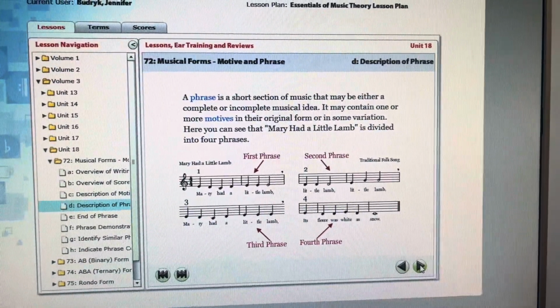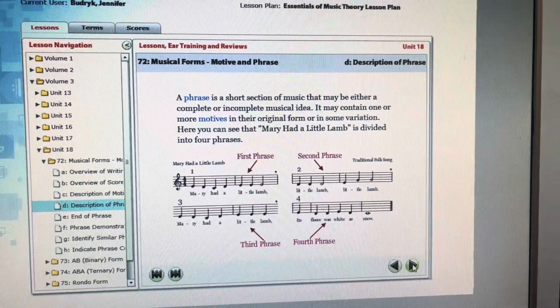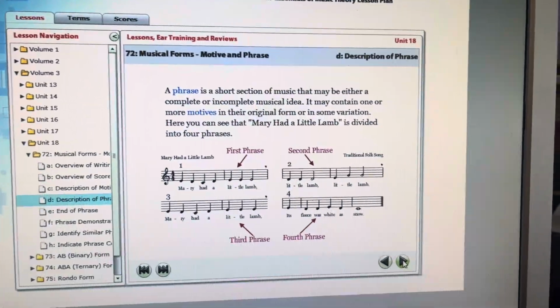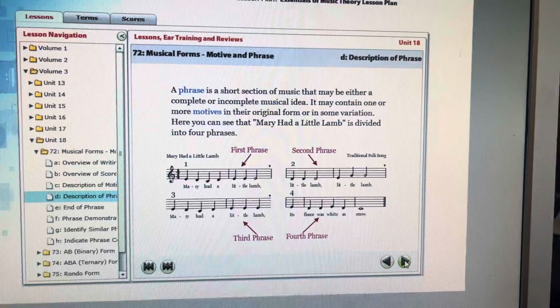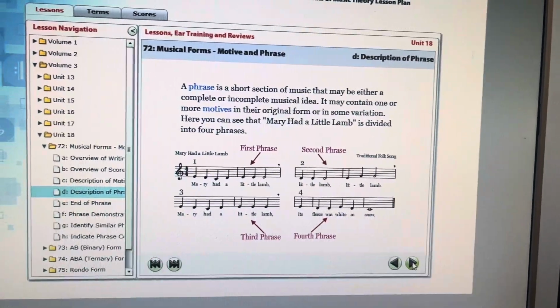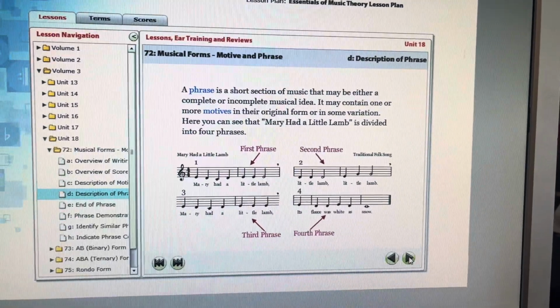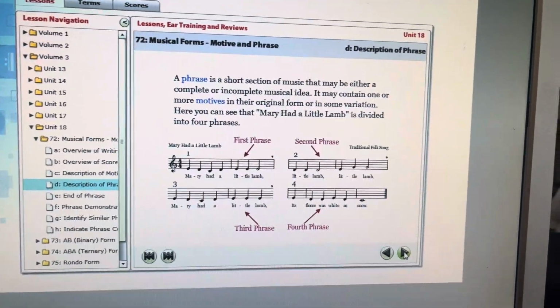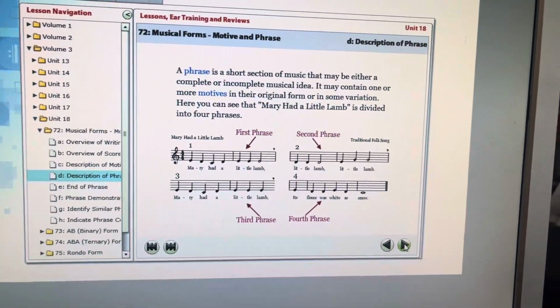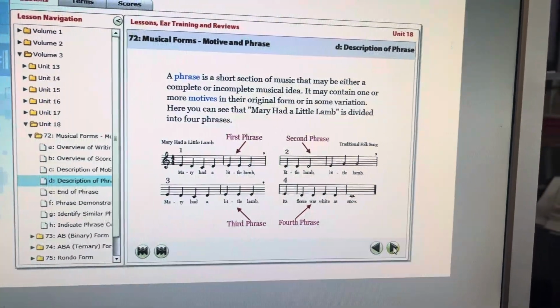We wouldn't necessarily call this, I know we already kind of got ahead of ourselves with the video that we watched, A, B, C, D form, right? Even though you might be thinking, well, but it's all different material. We make phrases like sentences, right? That opening